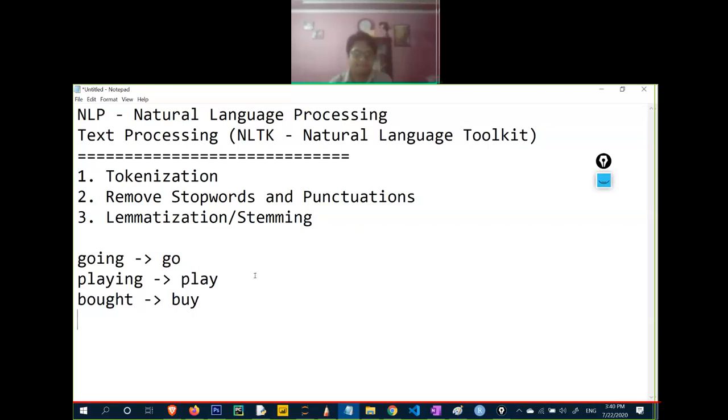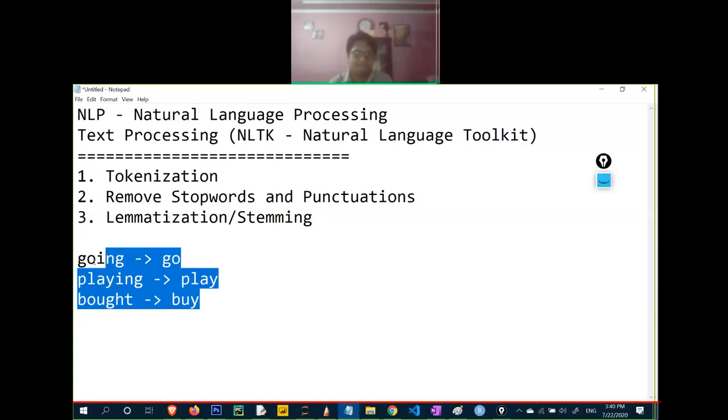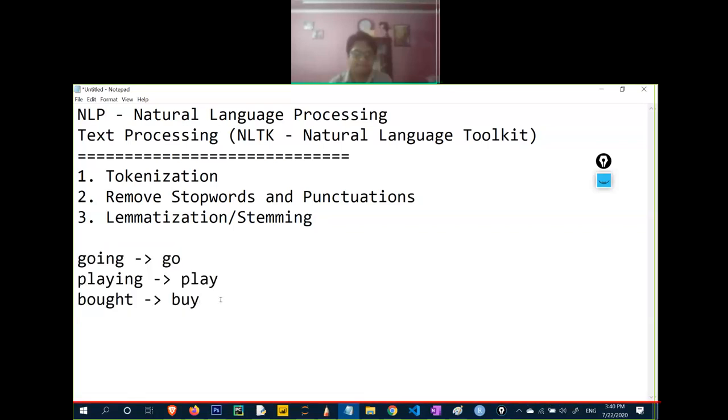So why do I have to perform stemming? So this is stemming and this is lemmatization. If you use lemmatization, all the operations will be done because stemming won't be able to convert bought into buy. But lemmatization will be able to convert the word bought into buy. I will show you practically, but right now I'm just telling what this is. This is converting your actual data into its first form.